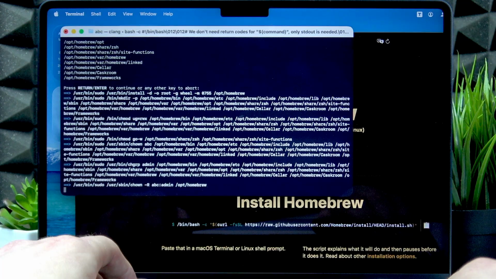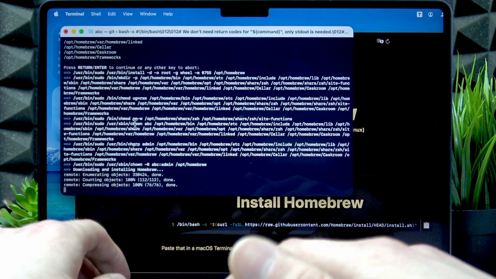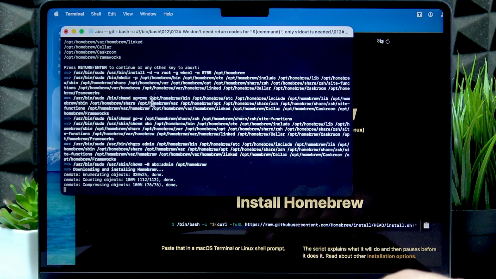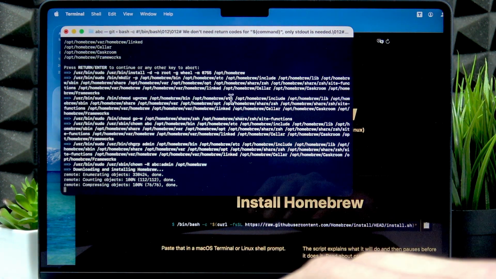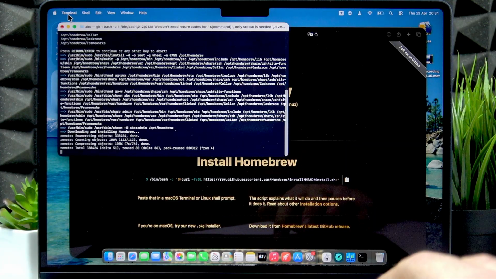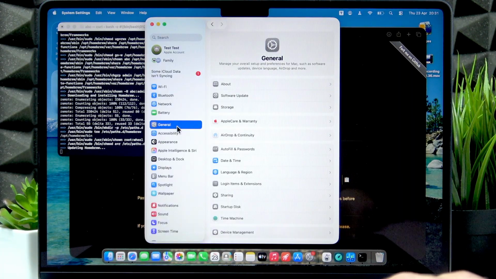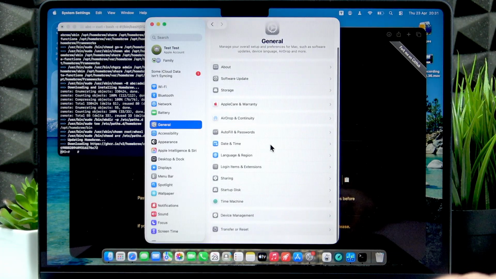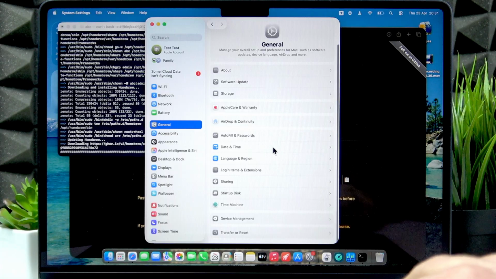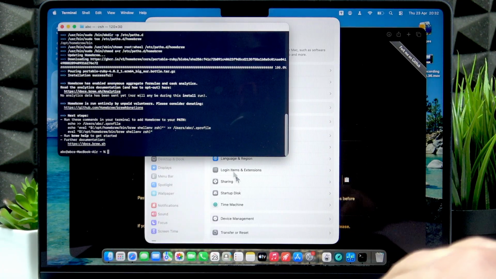Then press enter once again, and this will install Homebrew, and also, if required, it will download and install the command line tools. But from what I can see now, the command line tools are already installed. Therefore, I'm not going to have to download them. But generally speaking, if the tools aren't installed, you'll be able to install them